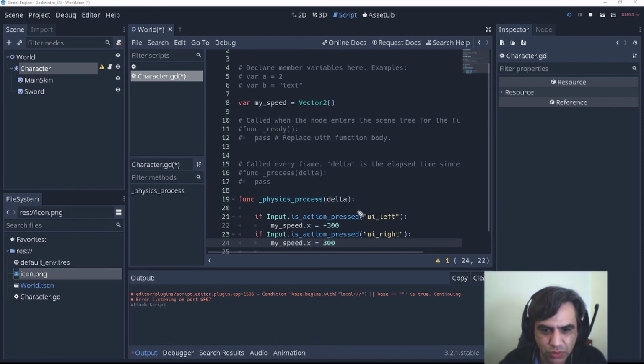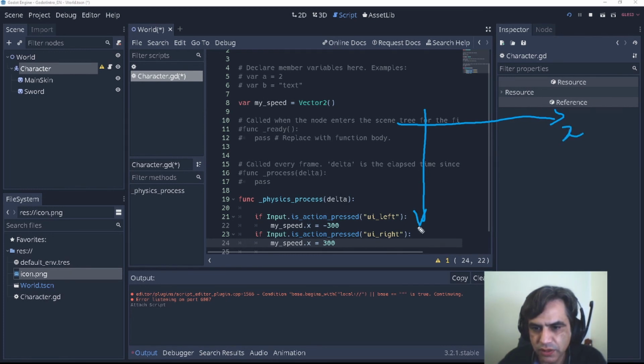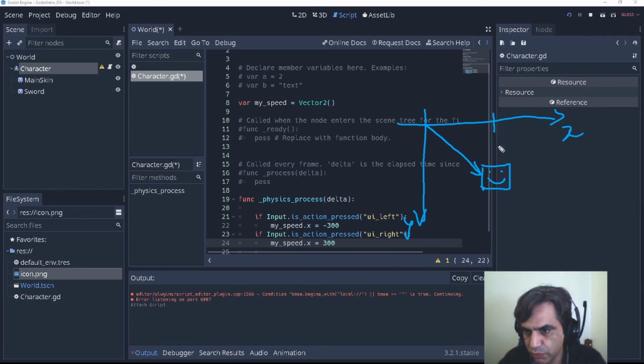We saw the coordinate system, x and y, and imagine that we have our character here. My position is a vector, so it gives me the position of my character on the x coordinate, and the y coordinate of my character.